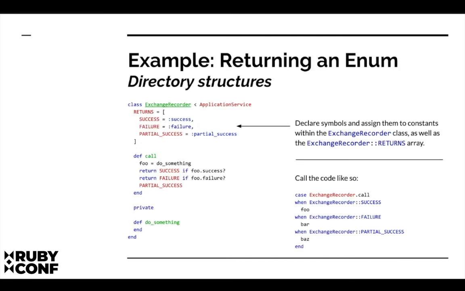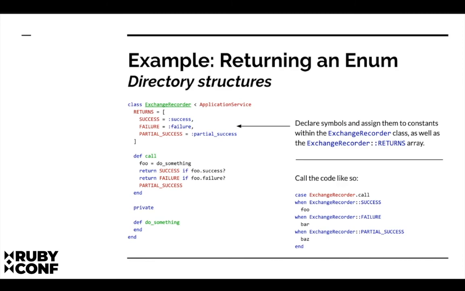For an enum value, you can declare all your enums as constants at the class level, and then you can group them all within a parent array in a Returns constant. So what this does is this particular syntax